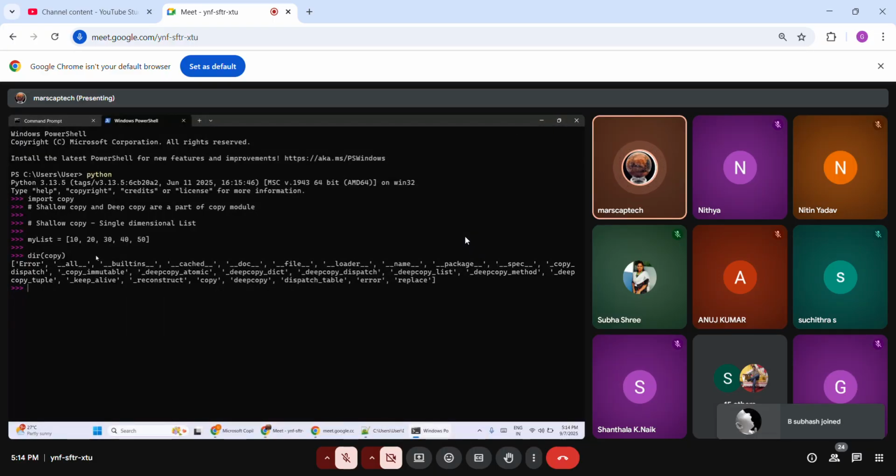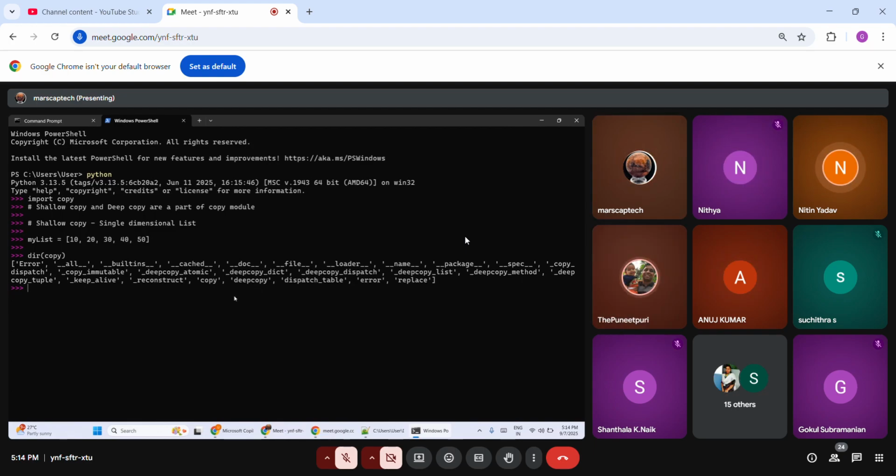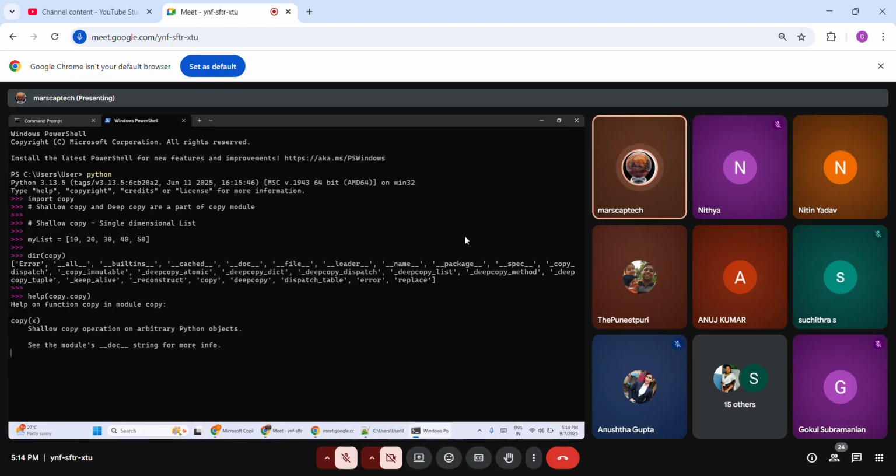Support system in the sense methods supported. So you see something called copy, something called deepcopy. I don't know anything about this copy and deepcopy. What should I do? Help of copy.copy.